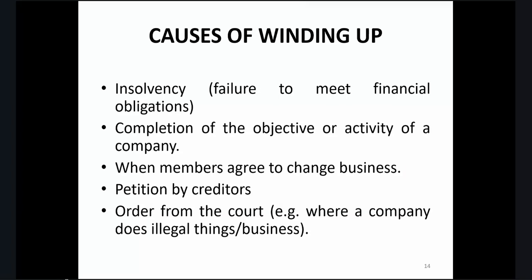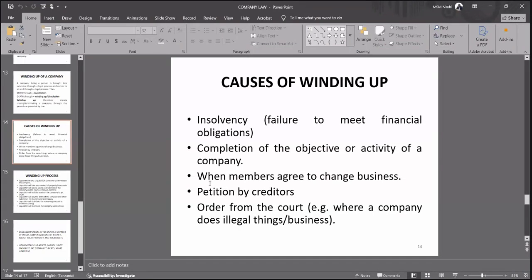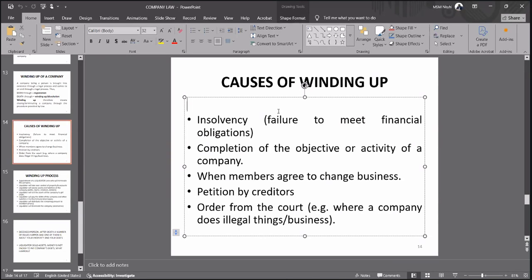Completion of the objective or activity of the company. When members agree to change business, they can wind up. This is voluntary. Completion of the objective, it is automatic. If there's a petition by creditors, it is likely because of the suspicions, the inability to pay debts, and an order from the court where the company is not able to do business as such. So combined, if you're looking at these causes, if I were to structure them perfectly, I am trying now to put them,